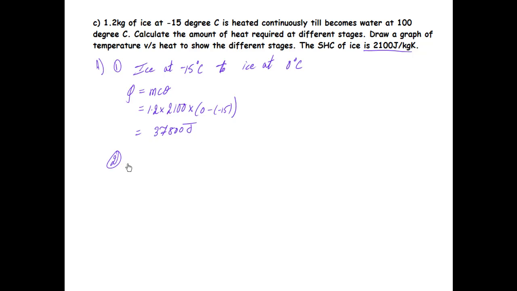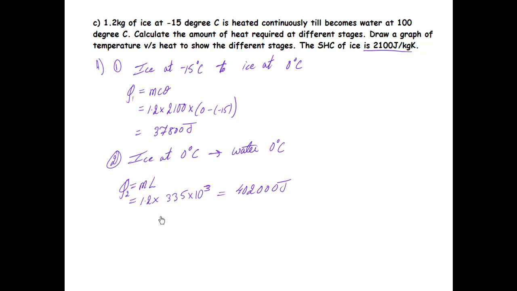In the second stage of heating, the ice has to be melted. So ice at 0 degrees Celsius becomes water at 0 degrees Celsius. In that case, the heat absorbed is given by the formula Q is equal to ml. Mass is 1.2 kg, and specific latent heat of fusion of ice is given to us in the question as 335 into 10 raised to 3. So the answer turns out to be